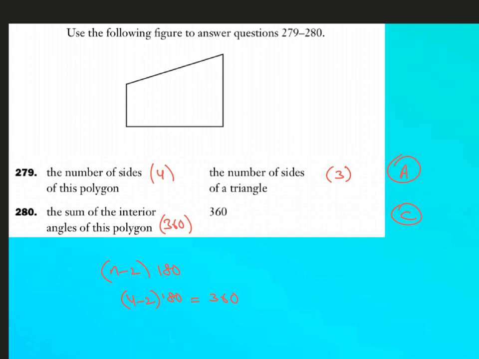Now this was a four-sided figure, it's a quadrilateral. We know all quadrilaterals have angle of 360, but if there was any n-sided figure, we can use (n minus 2) into 180 to find the total angle of any n-sided figure. N can be 5, it can be a pentagon, it can be a hexagon. We can use this formula to find the total angle. So in this case, we're getting 360, which is also quantity B. So hence they're equal, which is option C.